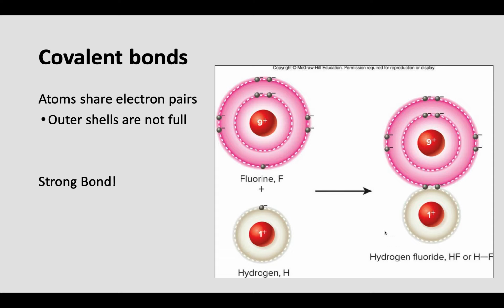All right, so in our example here, we have fluorine. Fluorine has these valence electrons along the outer edge. One is not in an electron pair, all right? So this orbital is not full. And that has the ability to bond with the single electron in hydrogen. All right, so we're forming a covalent bond. We are sharing electrons.